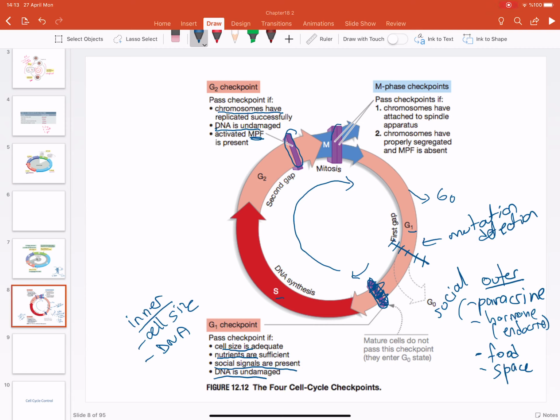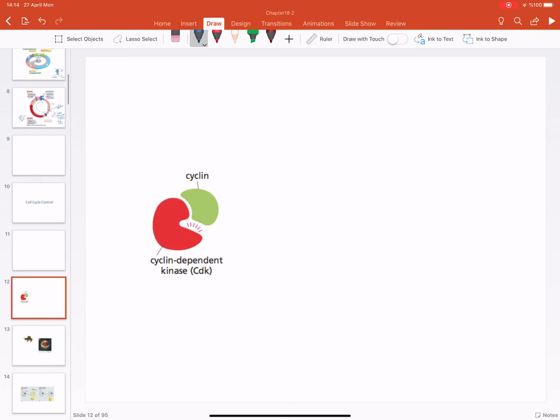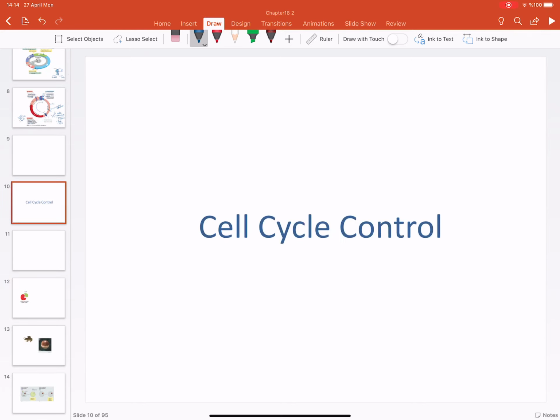And here, in the middle of the M phase, which is actually right after the metaphase, it checks if the chromosomes are attached to the spindle apparatus. Because if they are not attached, they will not be able to segregate. Okay, and then if everything is okay, it divides into two, mitosis, cytokinesis, and it creates two different cells. Both of them are at the G1 phase. Okay, how the cell cycle is controlled, let's